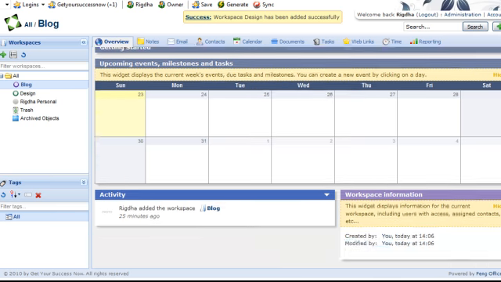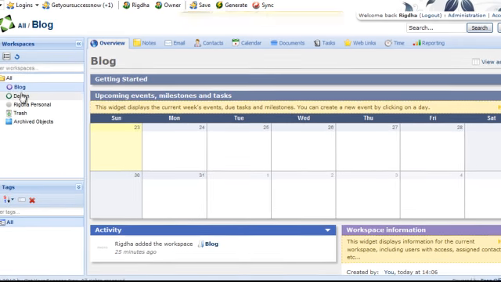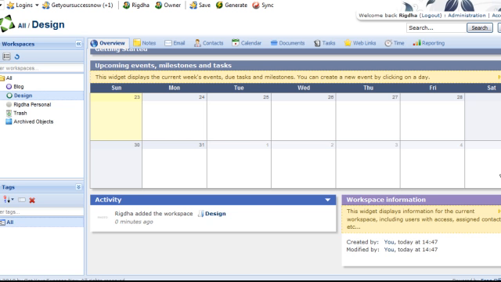Now, once you have a workspace, there are different things you can do with it. This is the dashboard view. You can also view your workspace as a list, which would list down all the documents and all the links and all the contacts you have. I prefer to use the dashboard view because it shows me a list of upcoming events, milestones, and tasks, which really helps in